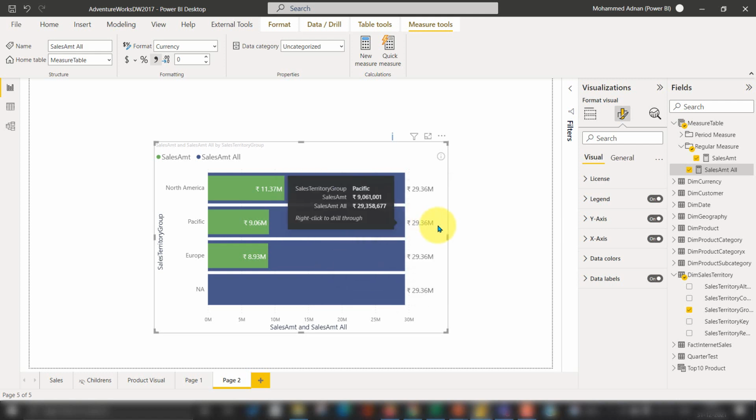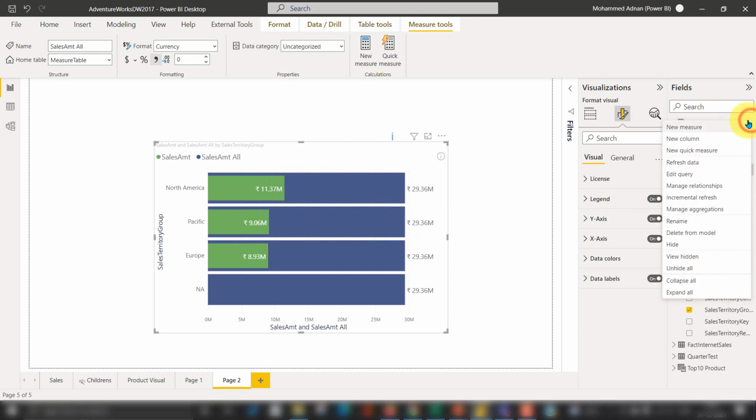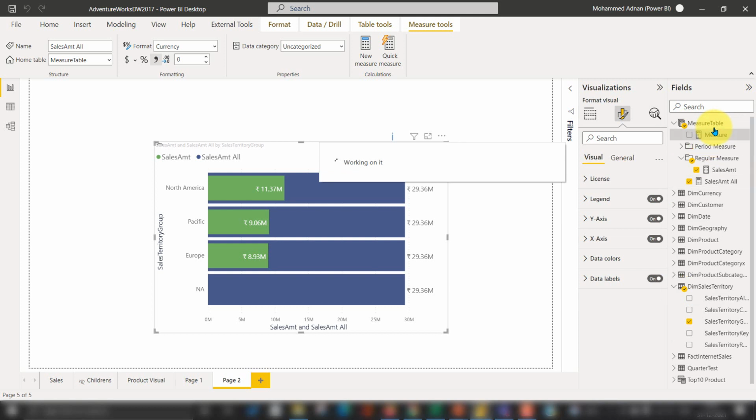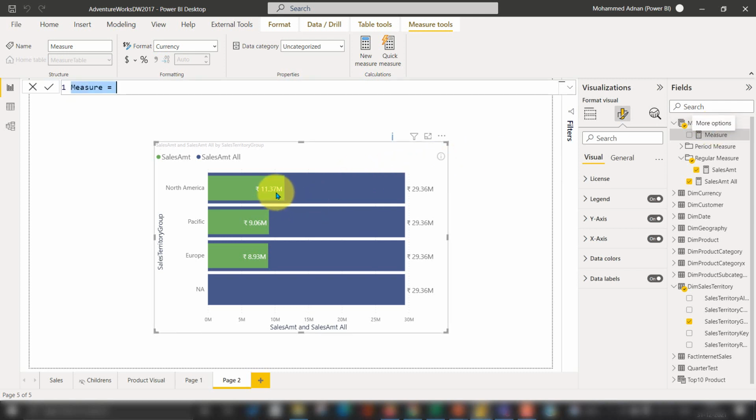So if this goes beyond a certain target, for an example I just want to make a new measure here as a dummy measure. So for an example, if you want to set up some target and if the sales go beyond that, then it has to show something highlighted, right? So here it is showing as 11 million, right?